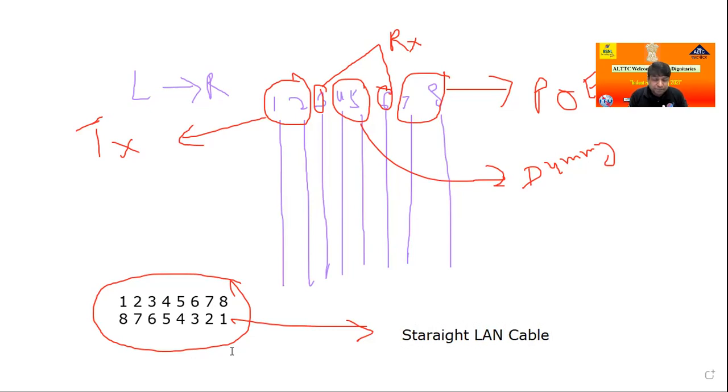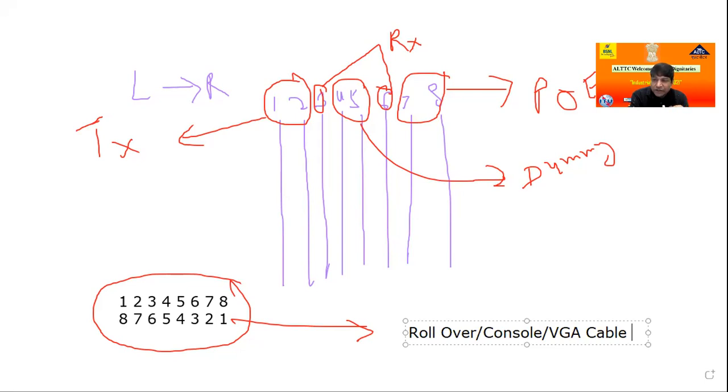This is basically a completely interchanged cable. This is known as the rollover cable. Rollover, not straight cable, rollover. This is the console cable, and you can also say VGA cable. Always one side is 1, 2, 3, 4, 5, 6, and the other side is just the opposite, each and everything. So this makes one cable known in the market as rollover, console, or VGA cable. The name will be given separately, but the basic configuration is the same.